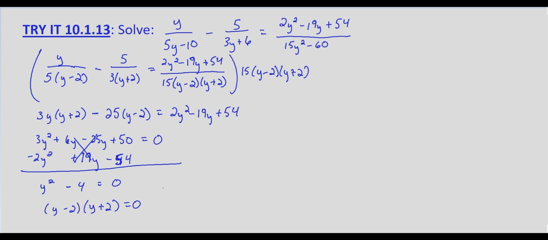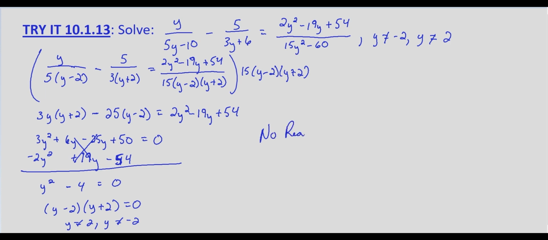So that means y equals 2 or y equals negative 2. But if we look up here in our original factorization, our denominators, y cannot equal negative 2 and y cannot equal 2. So both of these are extraneous solutions. Y can't equal 2 and y can't equal negative 2,